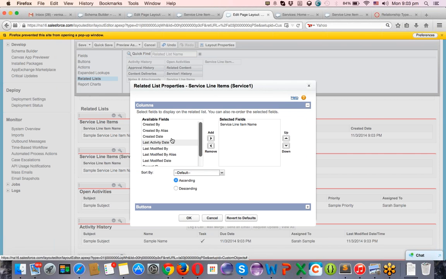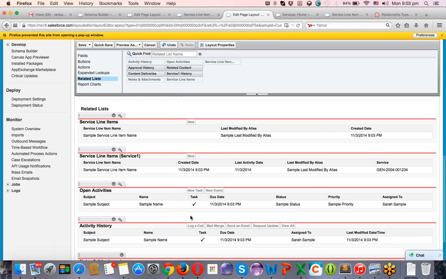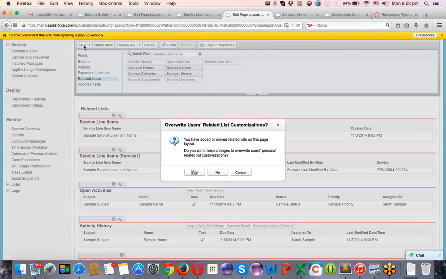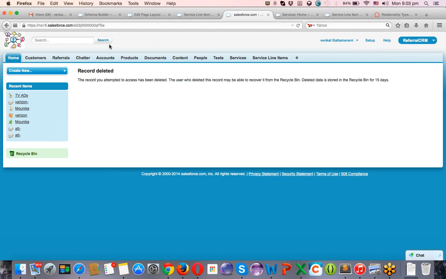I'm clicking on settings. I'm pulling some data. Click on OK. I'm clicking on quick save or save. Quick save means it will save and it will record the is deleted column.